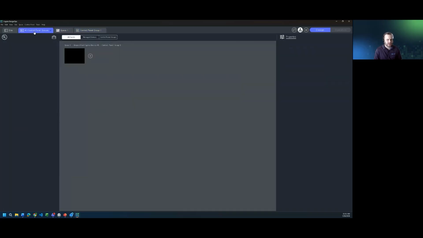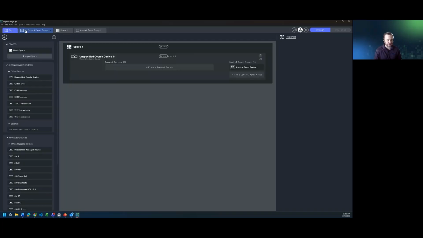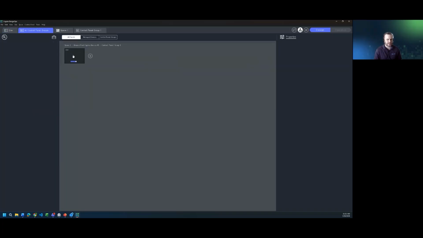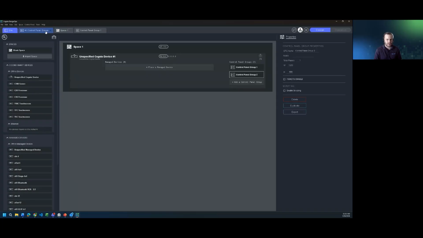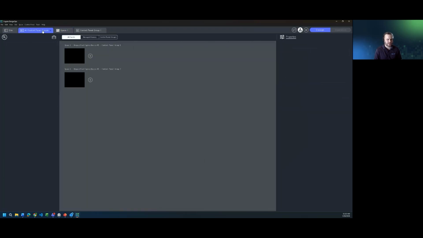It's very easy to copy things over. Again, if I'm creating, maybe I have an existing control panel group and I want to just add another one. You can easily import one you already have or copy that over to already have all the controls on the